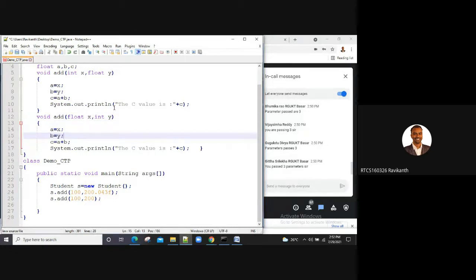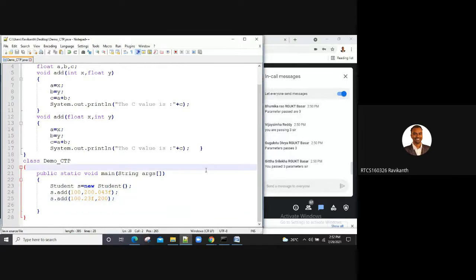Then the remaining story is the same. While passing values, I'll pass f, because in the first method it is int, float, and in the second method I have float, int. So accordingly, it will call the respective method.